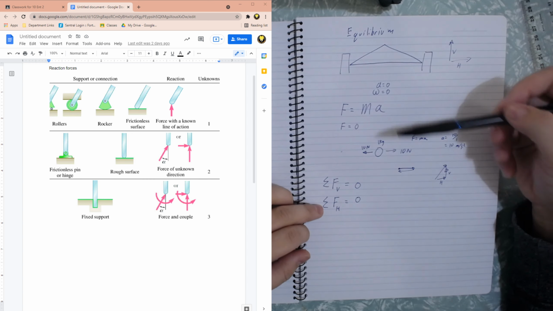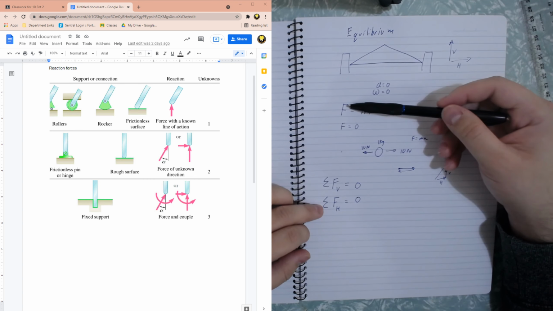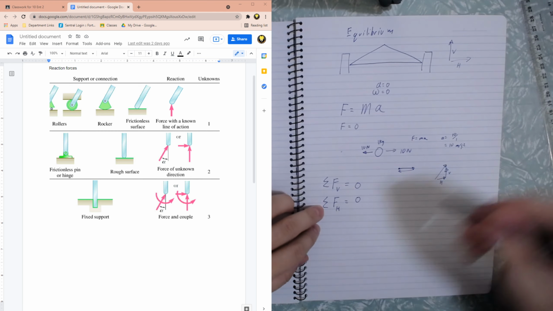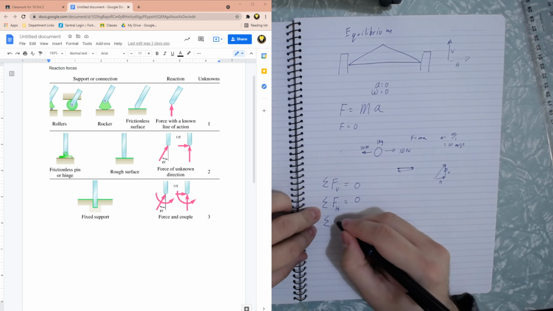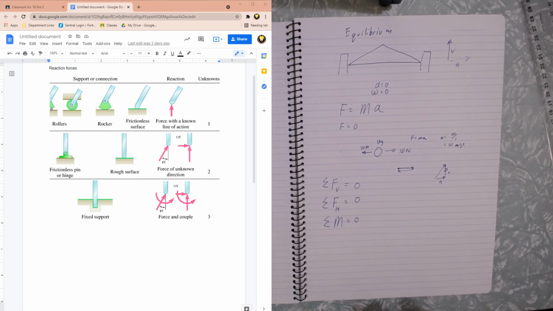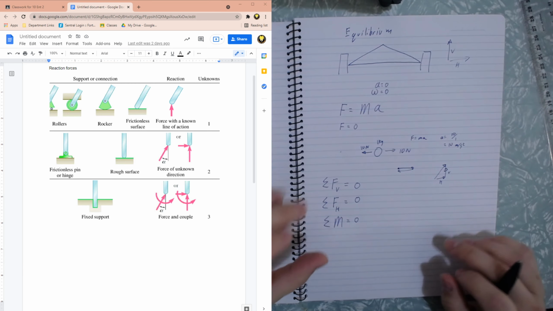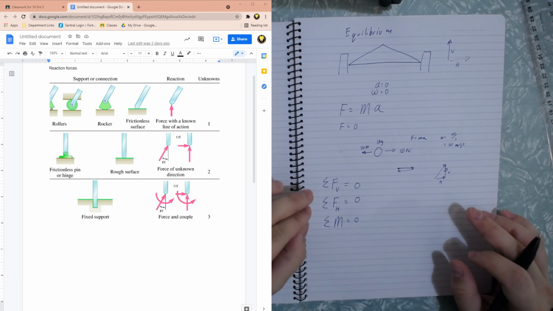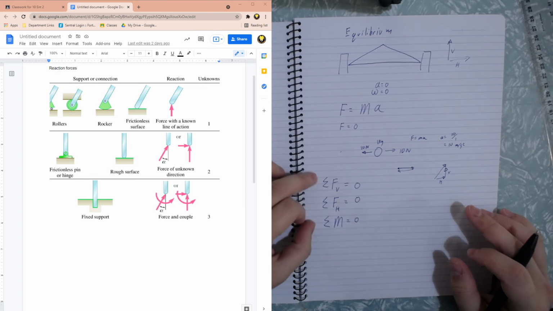We use moments to rotate objects. So we're going to say sum of all moments equals 0, because a moment is what we use for rotation. So we have 3 rules over here. As soon as a question tells you something is under equilibrium, they're telling you these 3 cases are true all